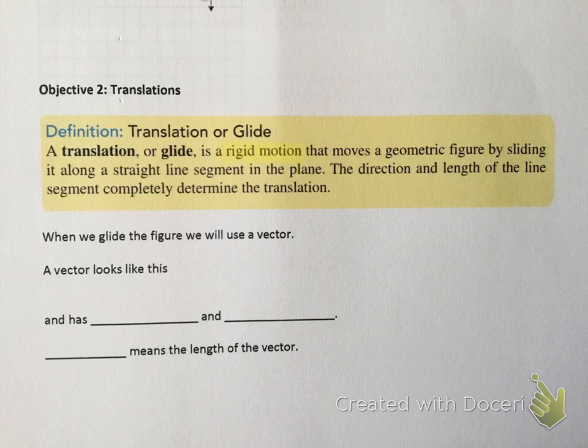When we glide a figure, we're going to use what's called a vector. A vector looks like this. It looks like a ray, if you remember that from geometry, but the difference is that with a ray, the second point would extend through. For instance, I'd have starting point A, then go through B and continue on. With a vector, we have a starting point of A, but it stops at the end of the arrow, which is point B. So vectors have magnitude